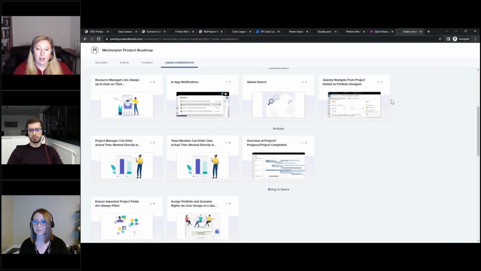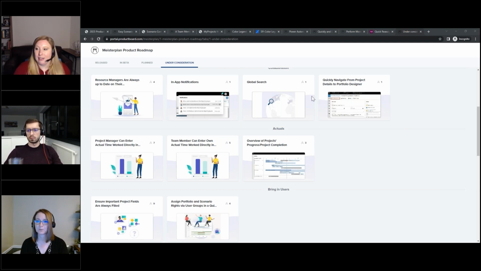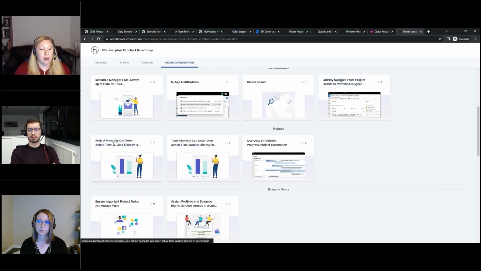And let's see. Okay, so the question, if I can pull it up, is what is our plan with where we're going with planned versus actual hours? So we don't have anything specifically being developed at this very moment on this, but I'll show you two cards that are under consideration that are directly related to where we want to go with planned